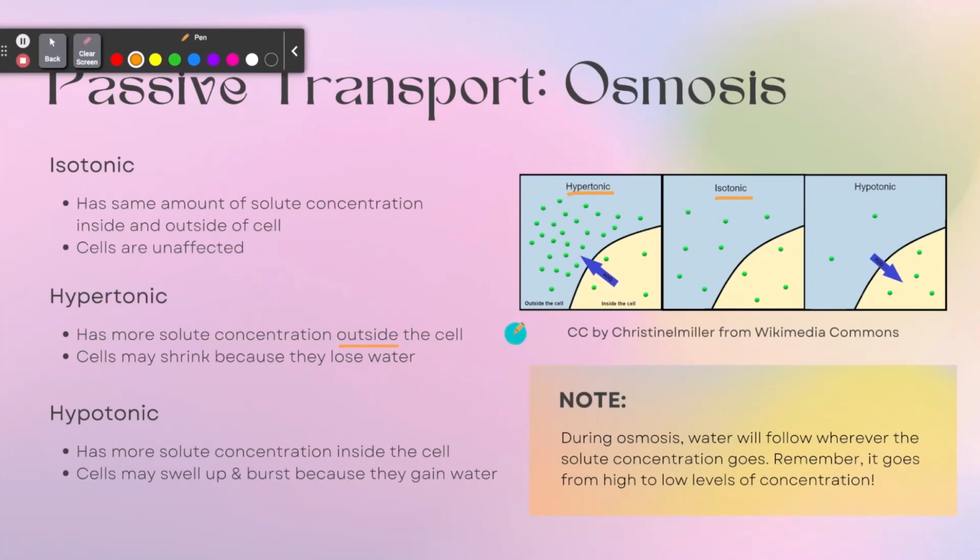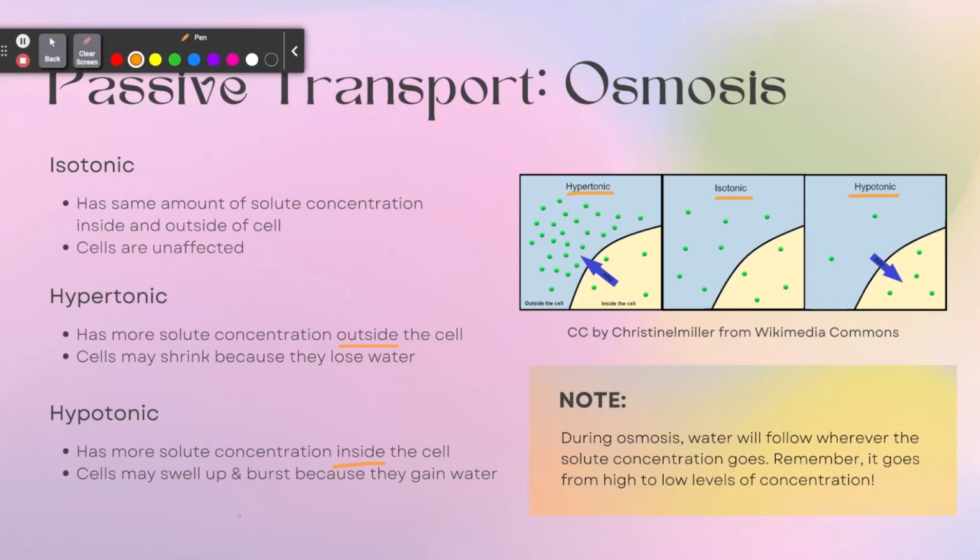Hypertonic is the left side here. Because of this, if a cell is placed in a hypertonic solution, it may shrink because it loses water. In terms of a hypotonic solution, it has more solute concentration inside of the cell. So hypotonic is here. Now, if a cell was placed in a hypotonic solution, it may swell up and burst